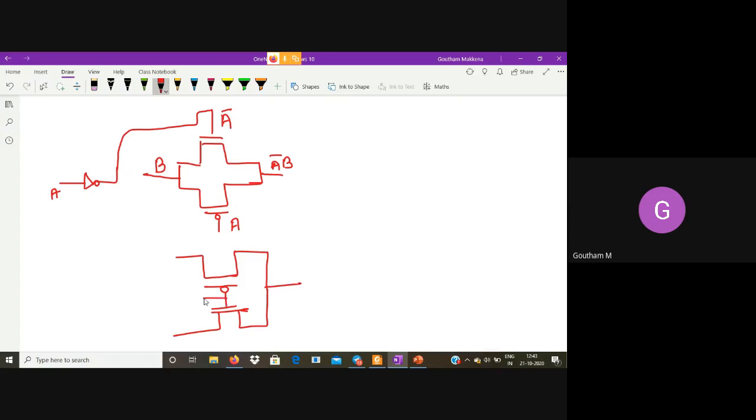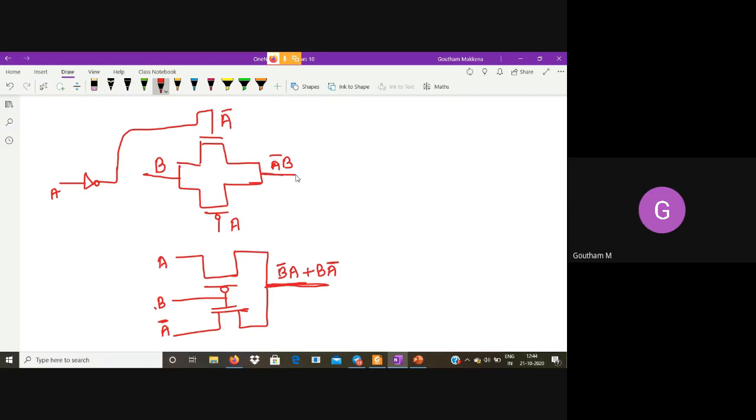Okay. So I'll make this B. This is A. This is A bar. What do I get here? So complement of PMOS gate, that is B bar into source of this thing plus this signal into this one, B into A bar.